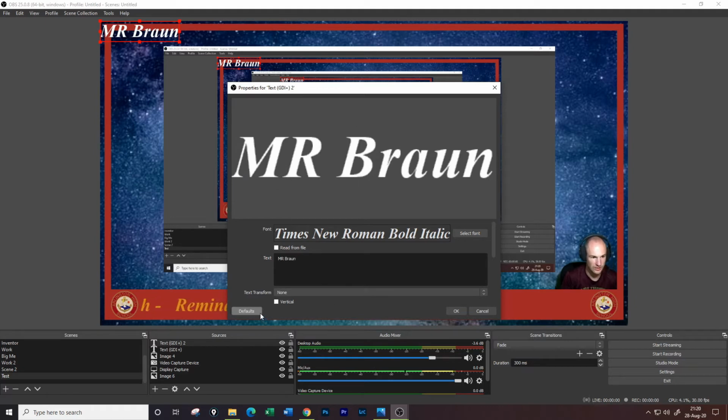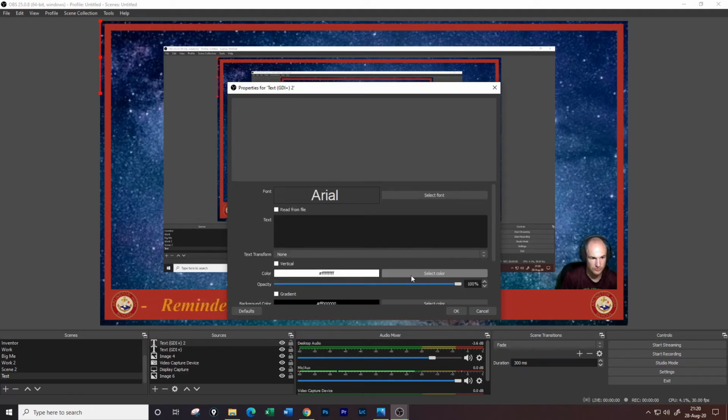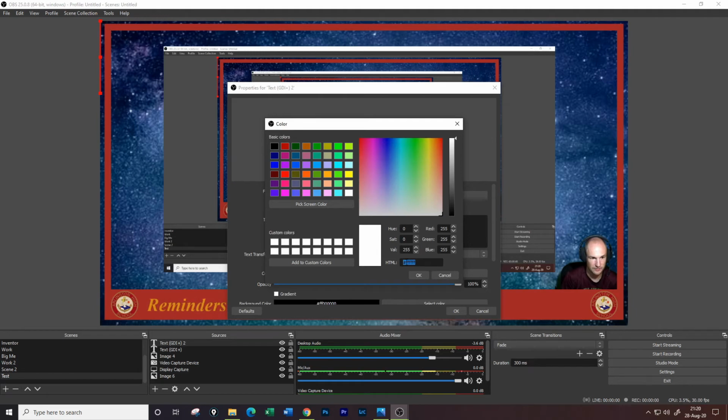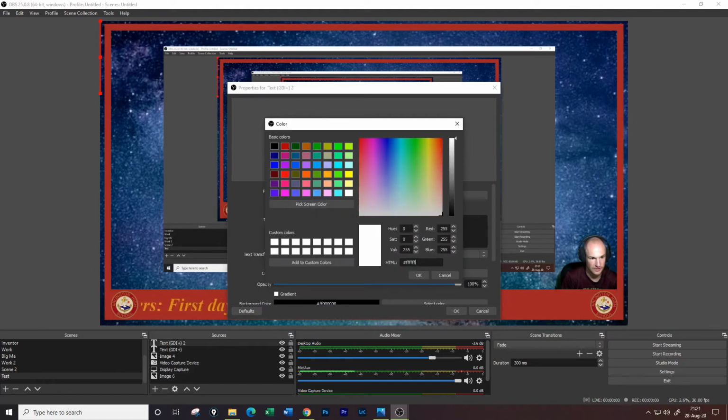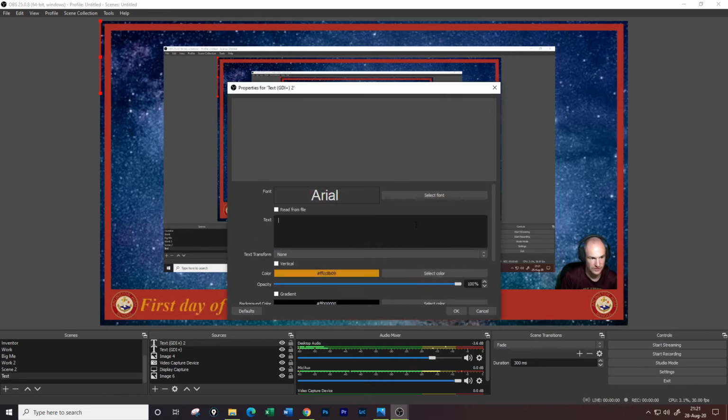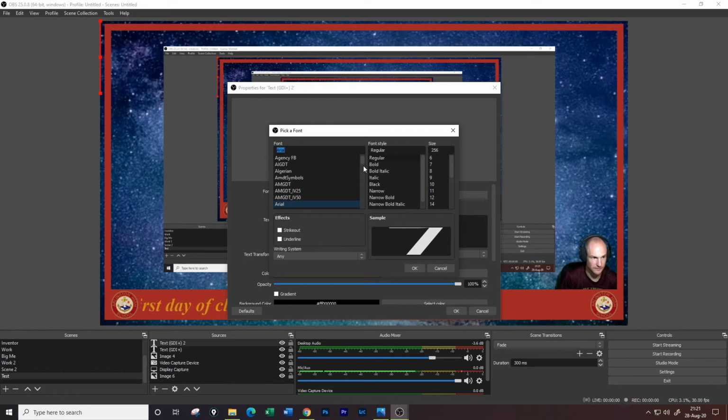Now, here's why I said you have to know your color ahead of time and you should do your color first, which I didn't listen to myself, because when I close that out here, you see it ruins everything. Everything is ruined now. Because when you change the text color, it resets everything, which is all sorts of annoying. And I warned myself earlier in this video,